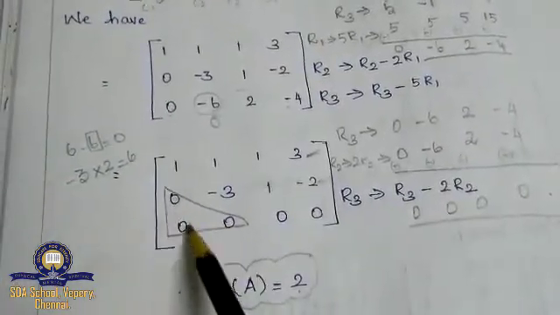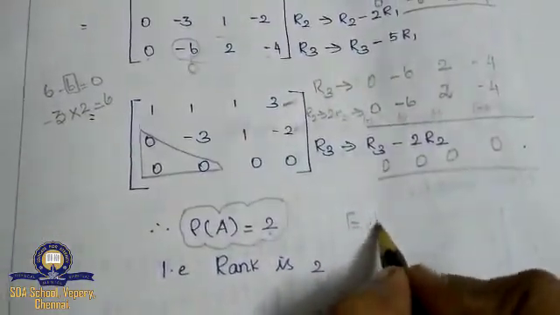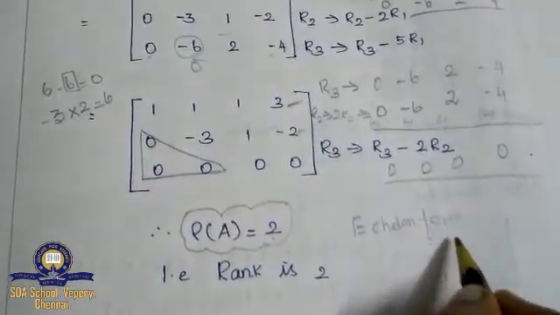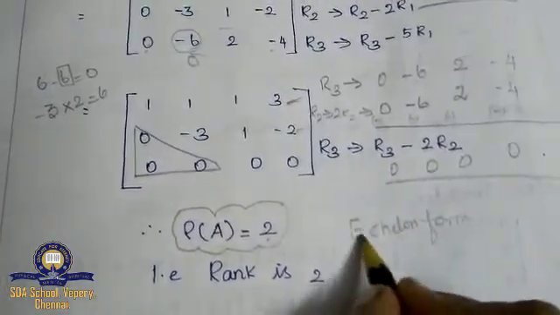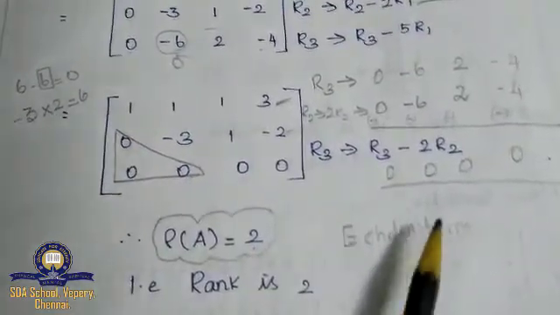And see one more thing, this 0 part is called the echelon form. We have to get these 3 zeros. If you get these 3 zeros, that will be called the echelon form. So this is your